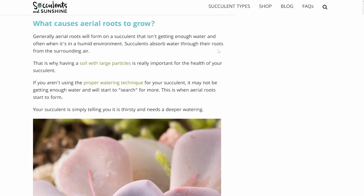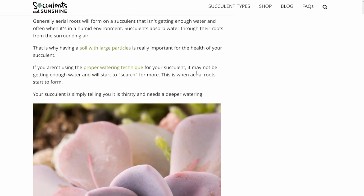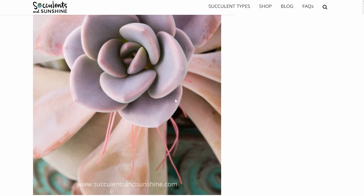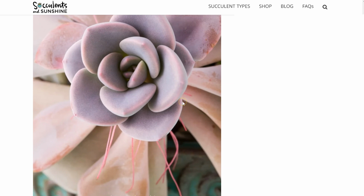And the reason why aerial roots form is one of two reasons generally. One, because it's not getting enough water, or two, if the environment is humid. So you can see here these little pink roots growing out behind this succulent. Now, aerial roots in and of themselves are not problematic, but they're not very attractive either. So one of the things that you can do is you can just cut them off or rip them off. You can remove them. Removing the aerial roots is not problematic, but if the succulent looks underwatered, then I would